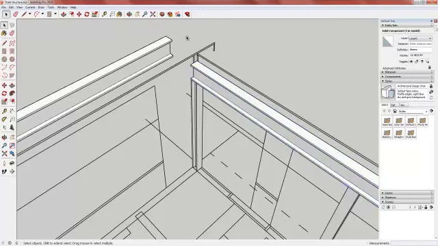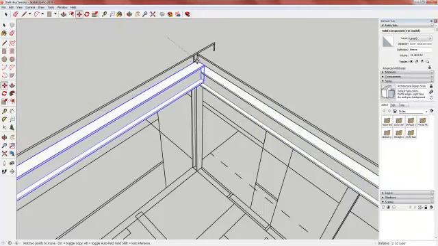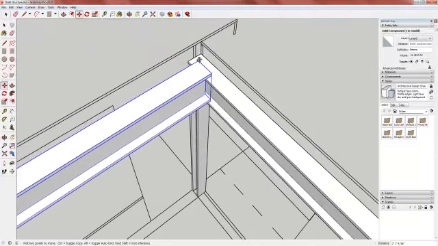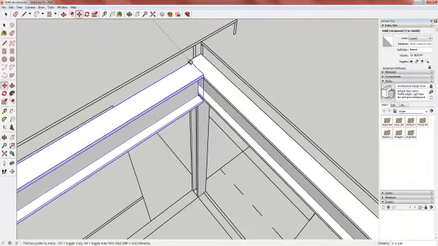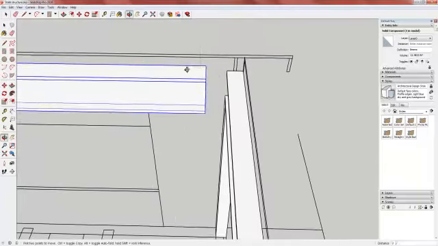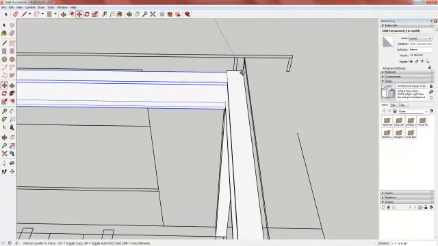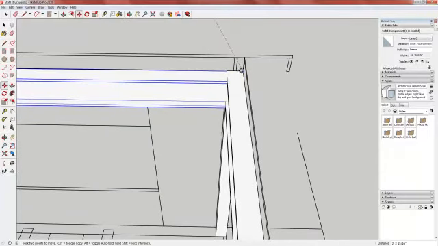So I'm going to undo what I did and move this beam over so that the back corner intersects with the back corner of the beam. And you can tell that my angle is tricky. It won't let me get close to that beam. So I shifted my angle a little bit so I could get to it. And